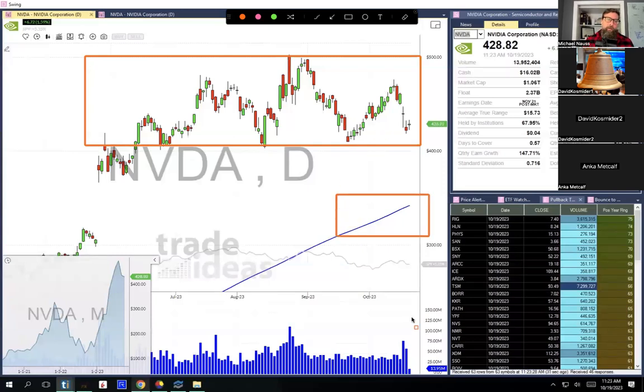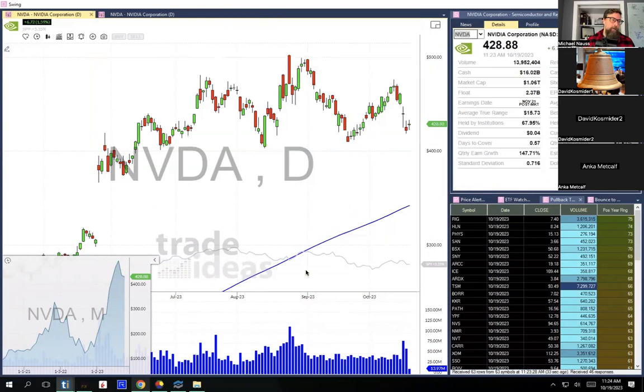But right here's the rising 200-day moving average. So the defensive names are being sold and the more aggressive names are being bought. This makes me think, when you're doing this kind of analysis on your own, just look for these trends. If Coca-Cola and Johnson & Johnson, very reliable, sturdy companies, are doing poorly, and Meta and NVIDIA are doing well, it's showing me that the market has this kind of risk-on appetite, and that's where we want to be focused for now until it changes.